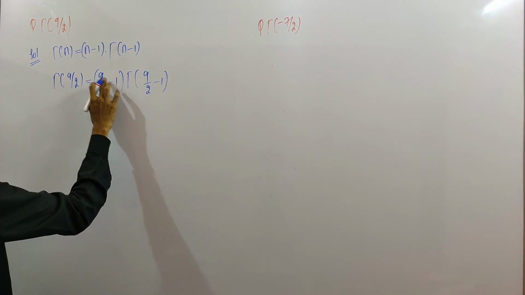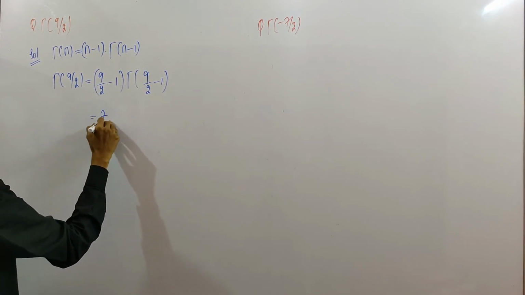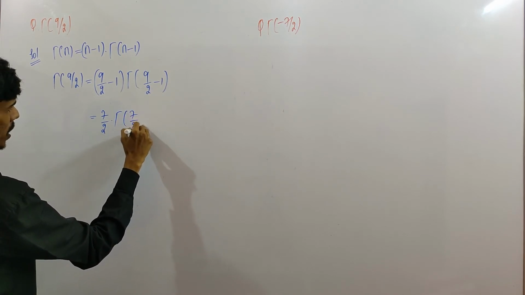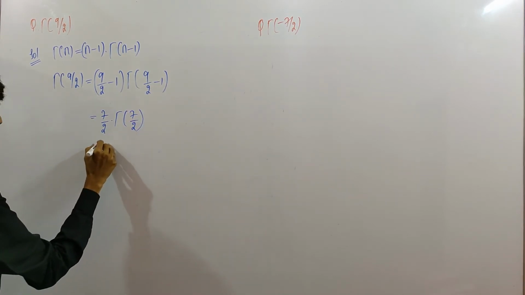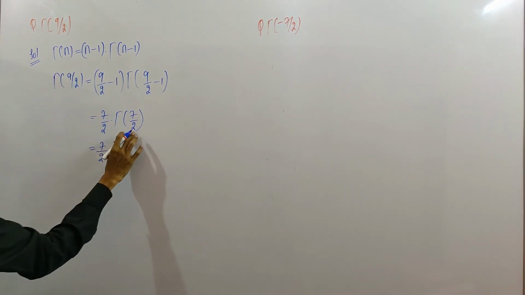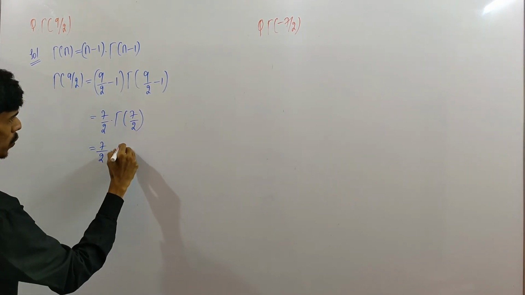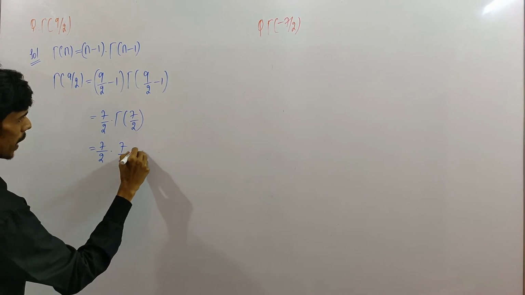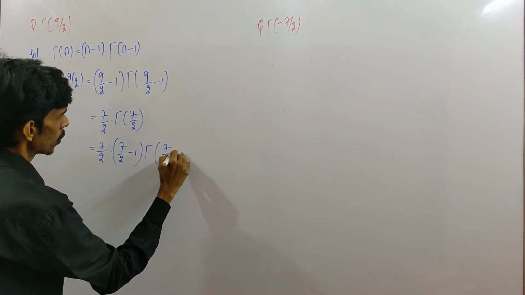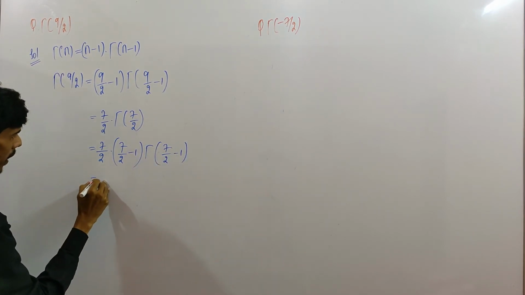2 ones are 2. 9 minus 2 we have 7. So 7 by 2 into gamma of 7 by 2. That equals 7 by 2 into, again applying this formula, gamma of n is n minus 1 into gamma of n minus 1, so gamma of 7 by 2 minus 1. That is equal to